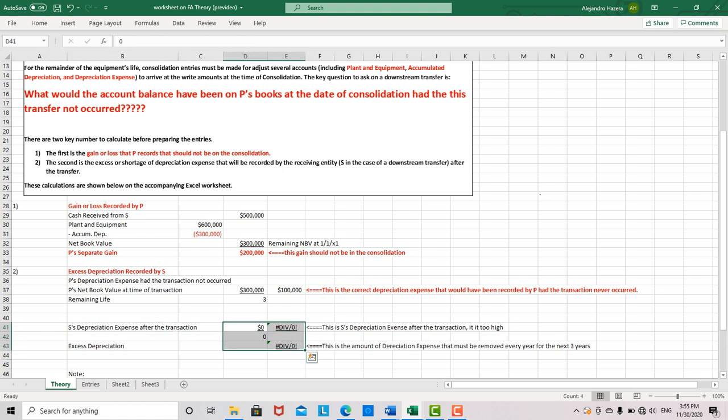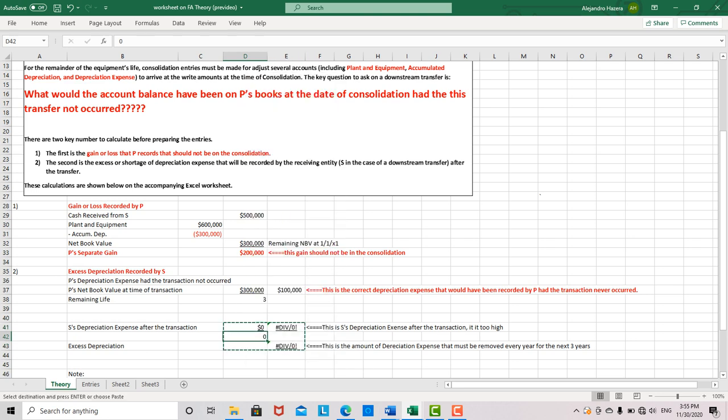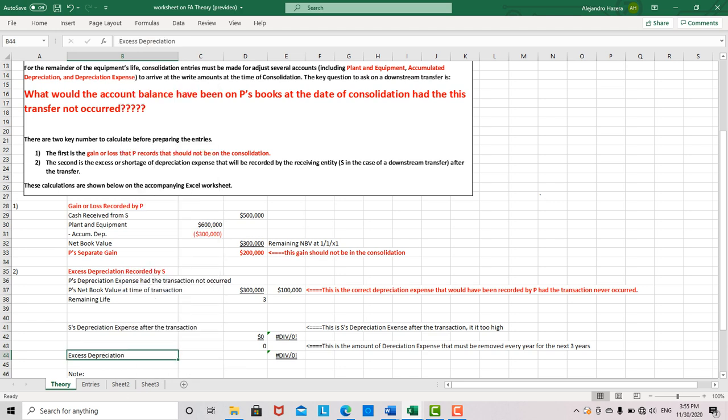I'm going to go ahead and move these down just one row here because I want to put these in here, and I'm going to do the same thing here. Okay, so I'm going to put here S's cost. That's the cost they paid for the equipment, which is $500,000. So they pay $500,000 for the equipment, and then you've got the remaining life. The remaining life of the equipment is 3 years. So S is actually recording